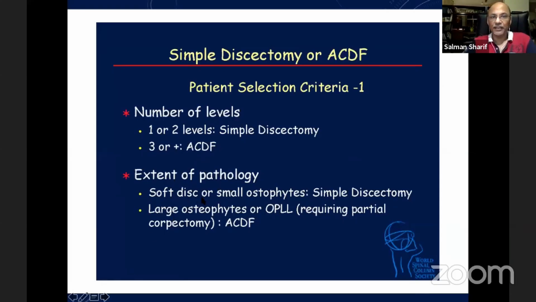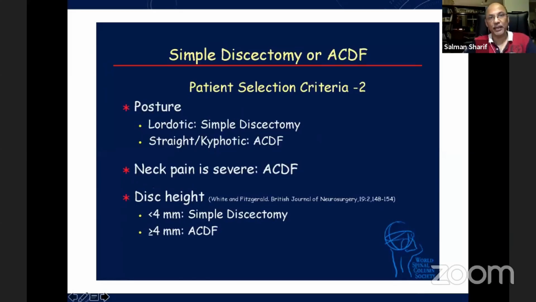If the disc is soft, you can do a simple discectomy or maybe anterior foraminotomy or posterior foraminotomy. Large osteophytes, you need to be thinking about fusion, which is the majority of the cases we see in our part of the world. If the disc height is less than 4 millimeters, you can think about simple discectomy. If it's more, then you may be thinking about ACDF